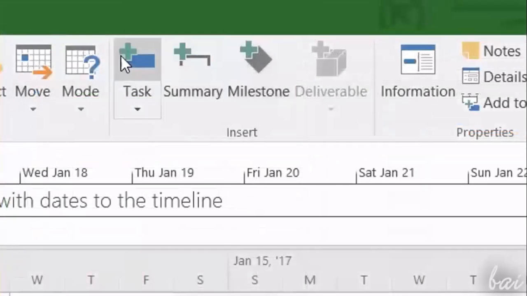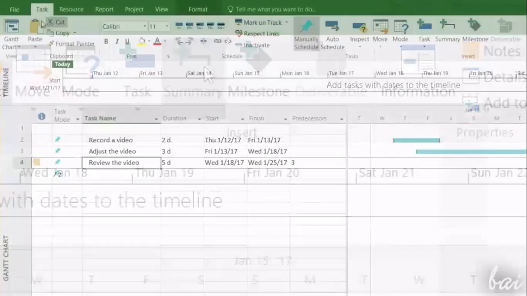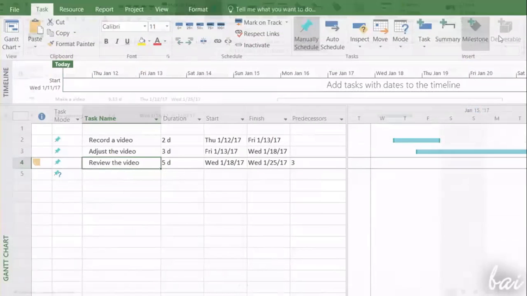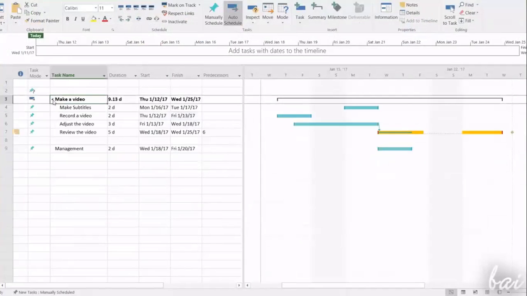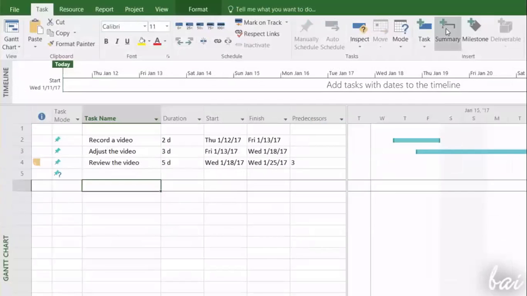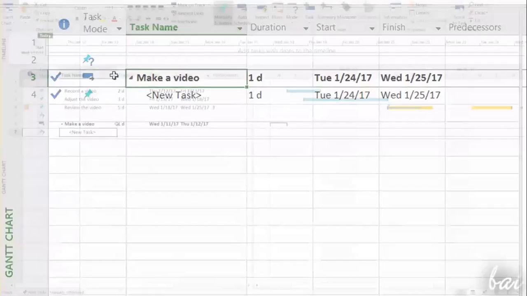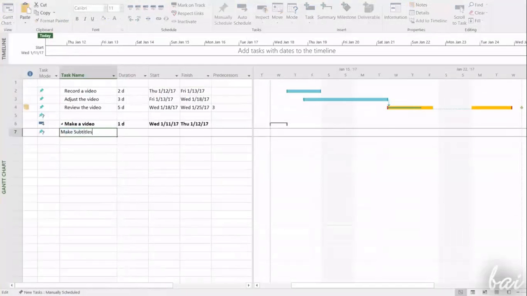Besides tasks, you can also add and use summaries and milestones. You can find these under the Task tab in the Insert section. The summary is a collection of several tasks grouped together. Create a new summary, rename it, and set it manually or auto under task mode. With the summary open, add all the tasks that it must contain,